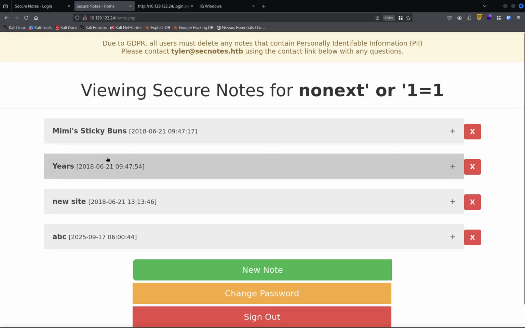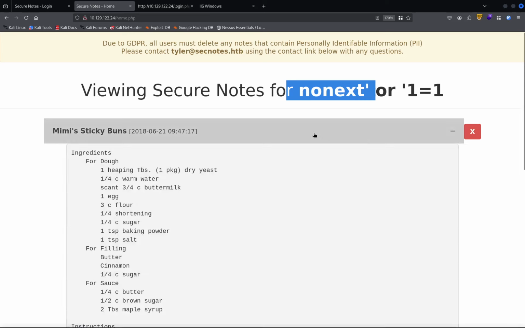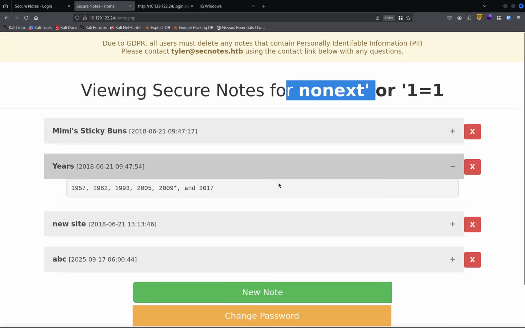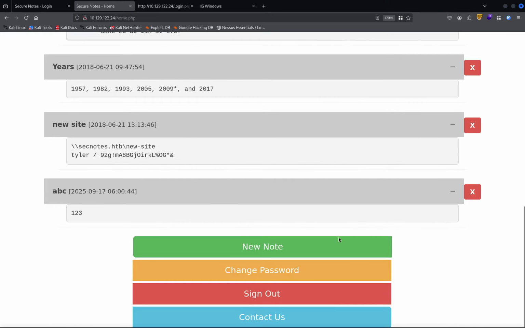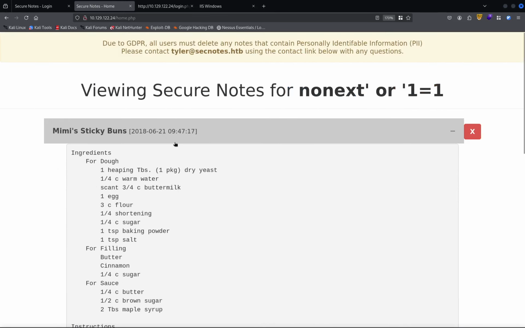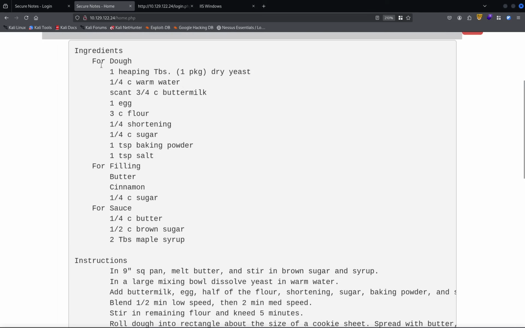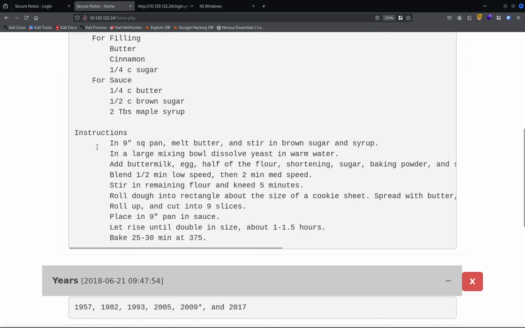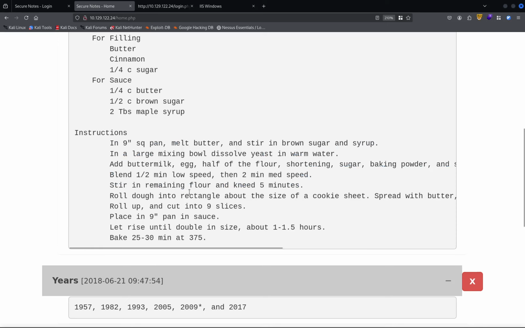Let's try to log in. Okay, now we got that. So we are logged in as, that's strange, as this user, but as you can see, these are not our notes. So let's check them one by one. Do we have any more buttons? No. So Mimi, sticky buns, ingredients, okay, instructions. Do we have any password over here? No. Let me copy the text